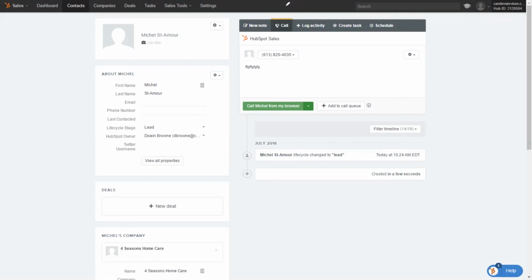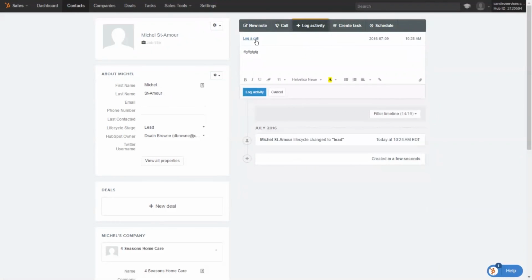You can also log activity. So let's pretend for a second that you did some sort of offline activity with the user. You would be able to log it here. Log a call that you made. Let's say they had a call back, for instance, a customer or the prospect called you back. You could log it here. And here you would create a task. So this is where you create a task if you need to reschedule an appointment or anything with that particular customer, including schedule.